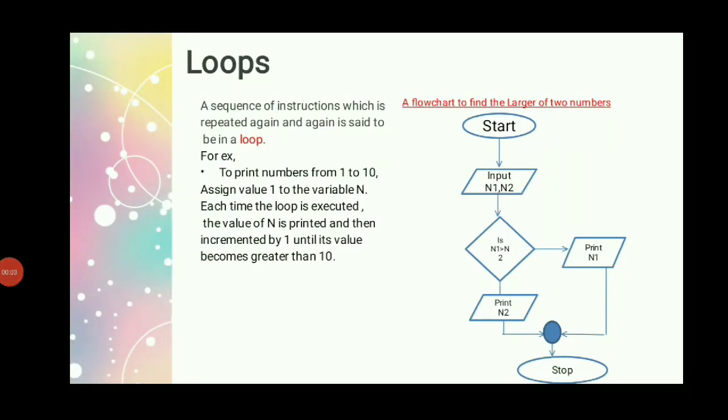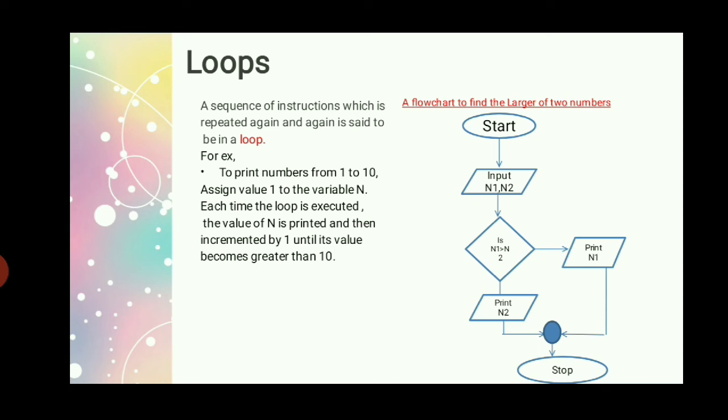Now see what a loop is here. When you are going to use a decision box, checking any condition, then that is called a loop. Loop also means that you are repeating one instruction again and again. Like, for example, if you want to print the numbers from 1 to 10 in programming. Listen very carefully, if you want to print 1 to 10 on your output screen, how are you going to do that?